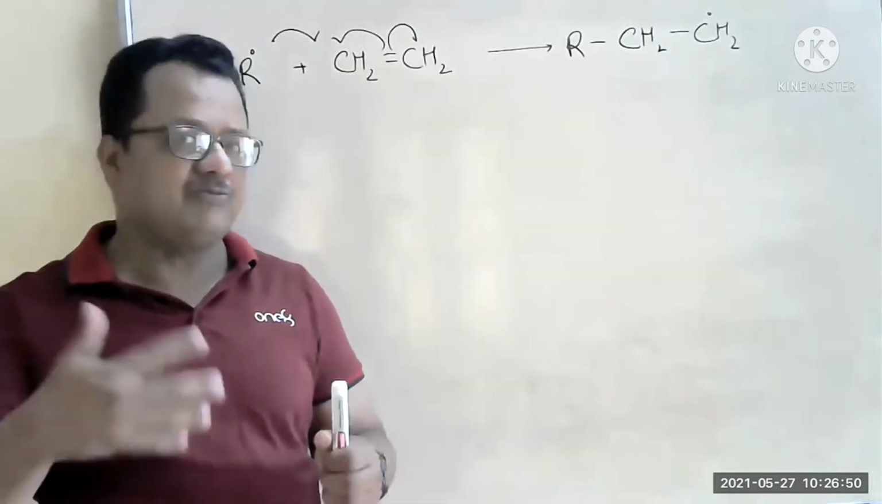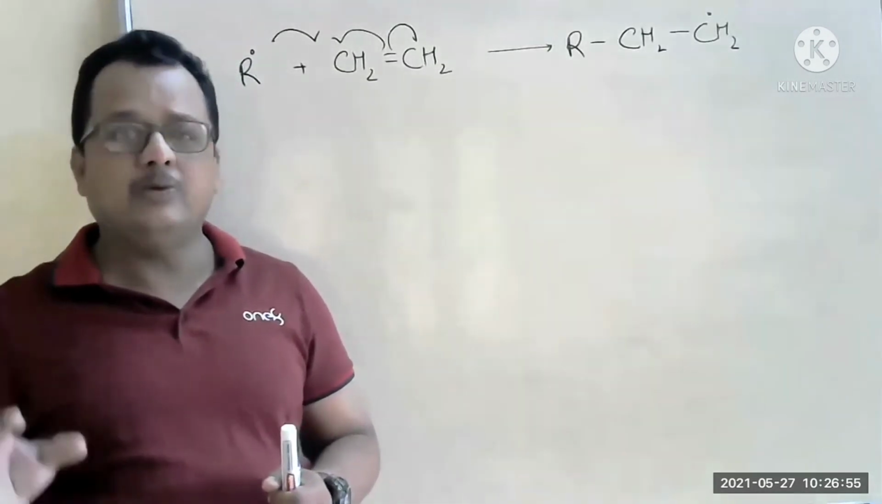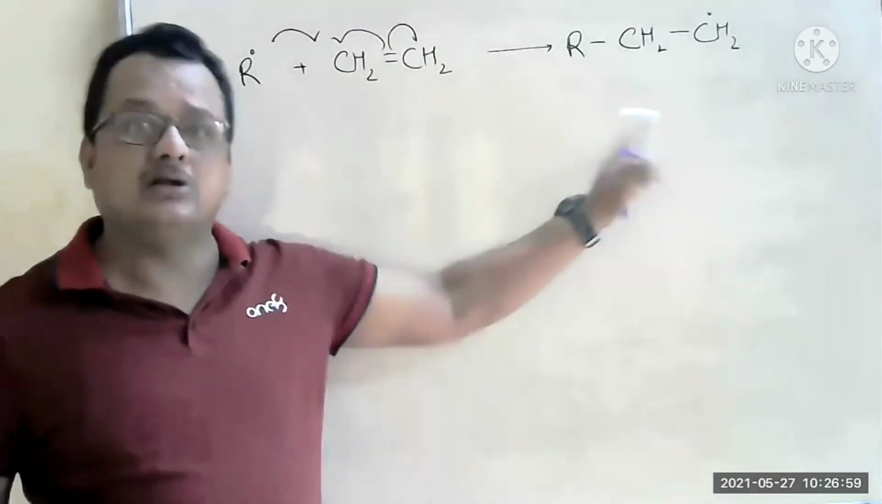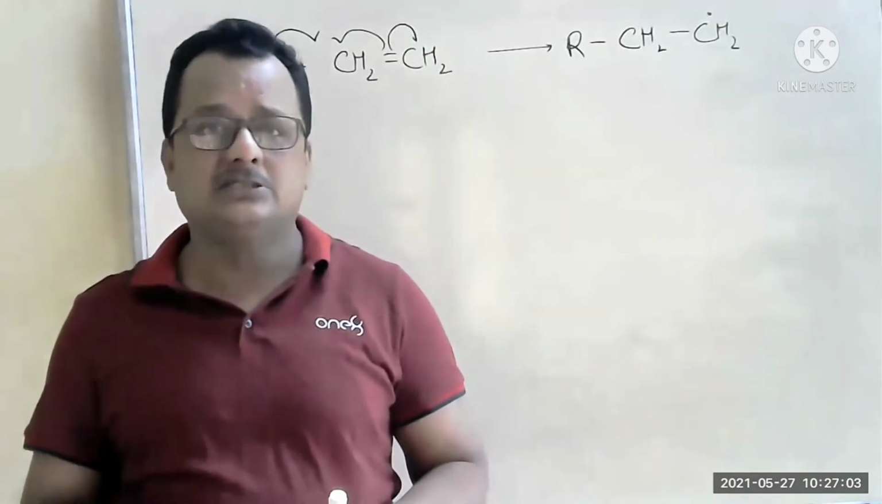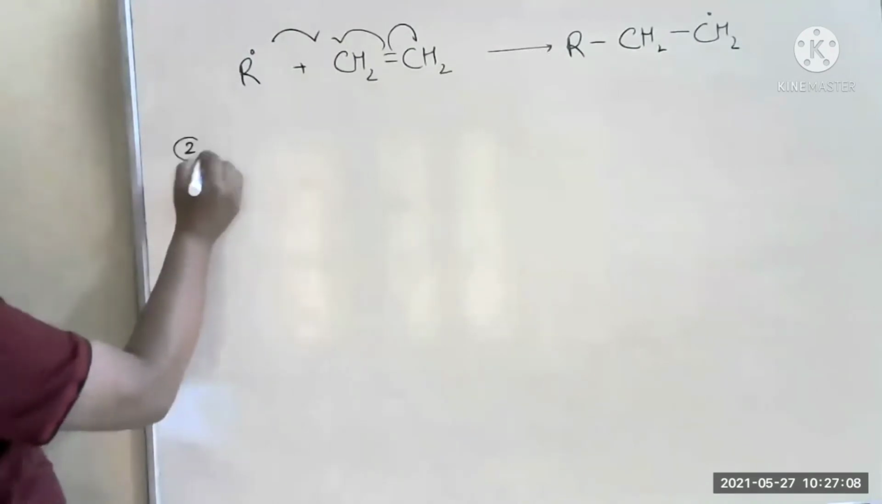First of all, the free radical generator will produce a free radical, and that free radical will attack another monomer to give a newly formed free radical, another free radical. So the initiation has started. The chain initiation process has started. Then the second step will be